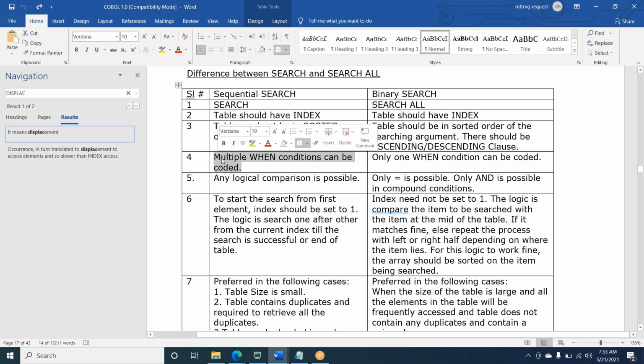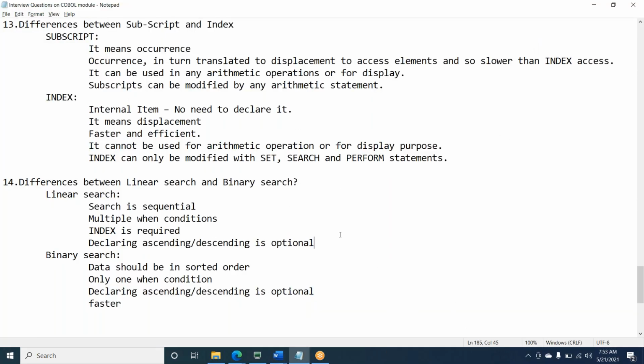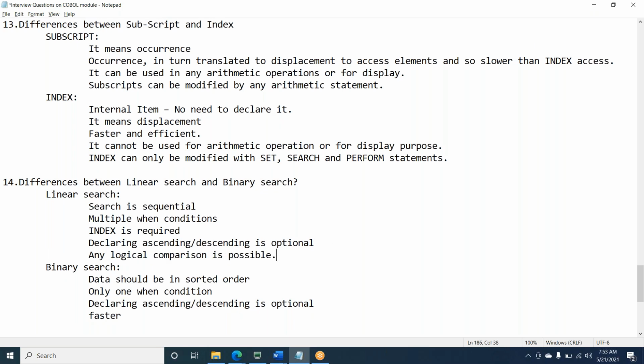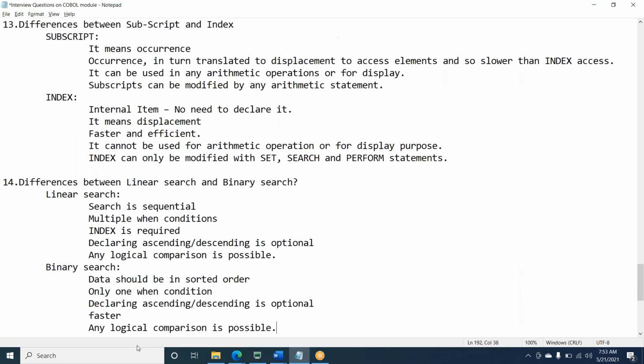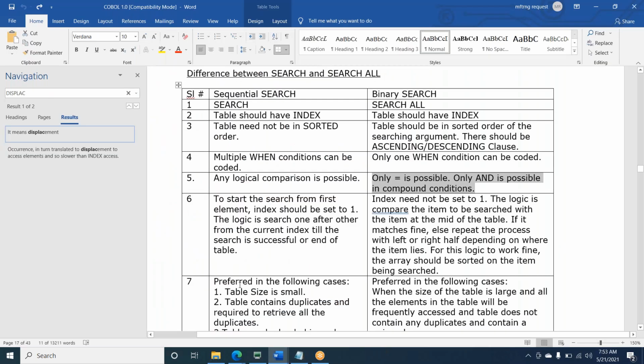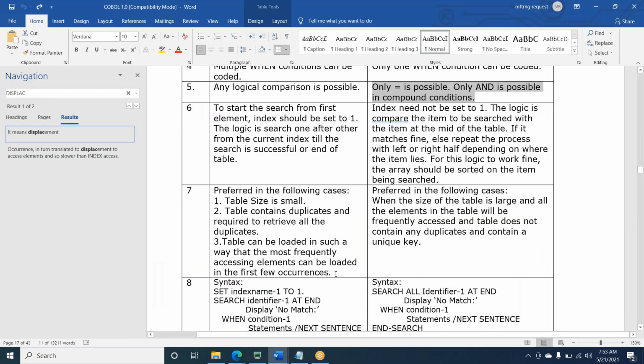We can have multiple conditions there, only one here. Another point: on the WHEN condition, we can write less than equal, greater than equal. But in binary search, only the equal symbol is allowed. Now, when is it preferred?